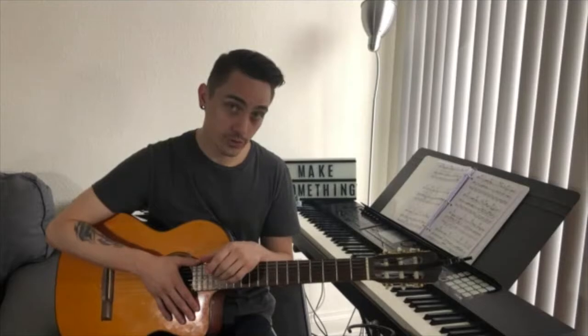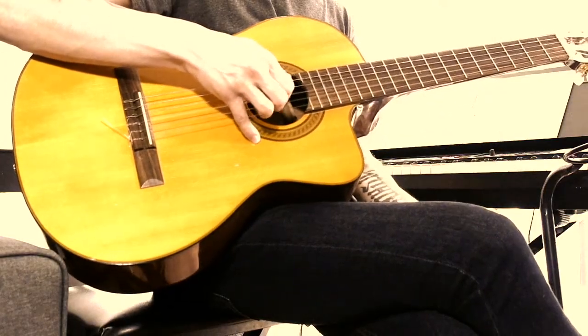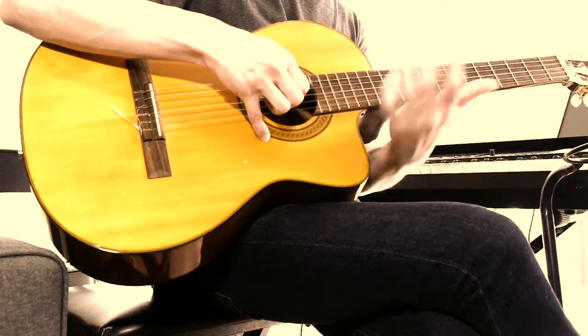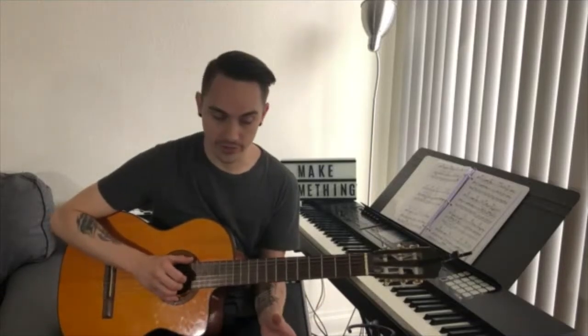Following those 2 picking sections, we go back into those opening chords. But this time they're picked, to create a different texture. Following that section in which we have the opening chords finger-picked, we have an improvisatory section